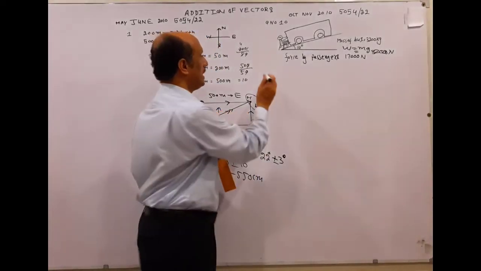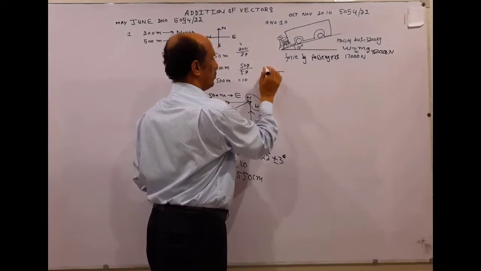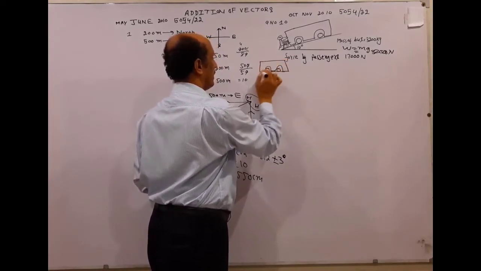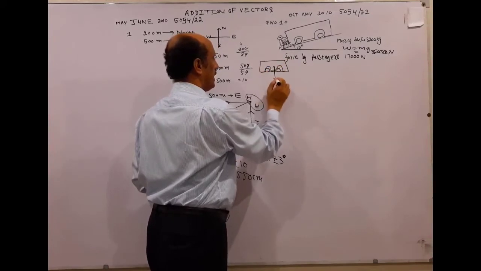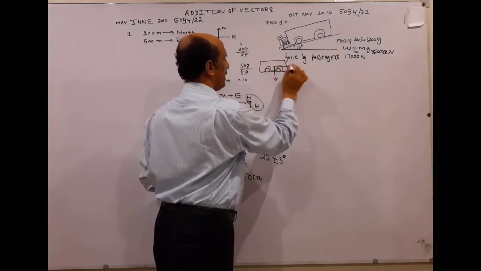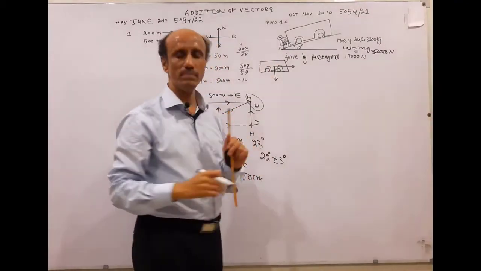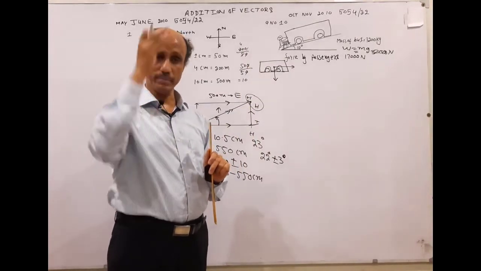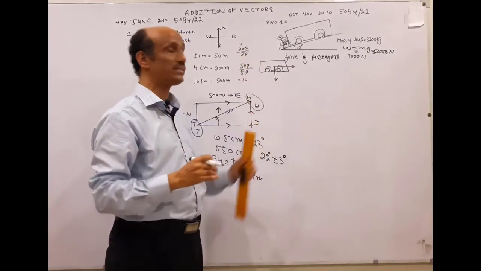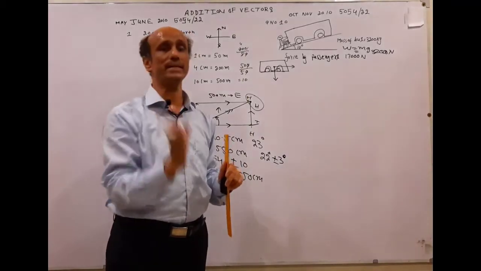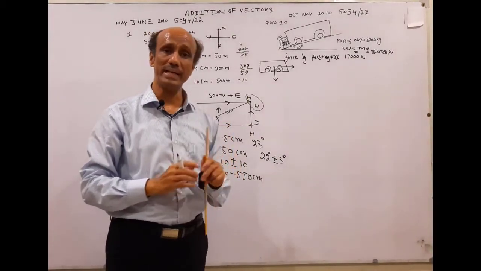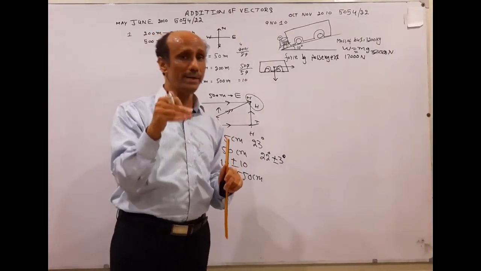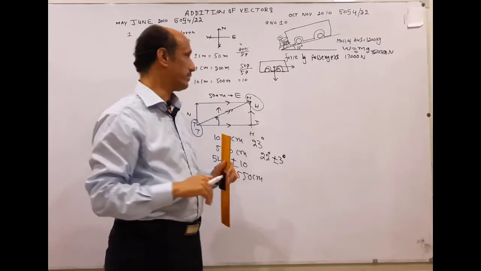If the bus were on the road, then weight will act in the downward direction and the force applied by the passengers will act horizontally, and the angle will be 90 degrees between the vertical and the horizontal. But in this case the 10 degrees is already added, so when we calculate the answer, we will subtract this for the resultant angle. Resultant angle is always with respect to the horizontal surface.